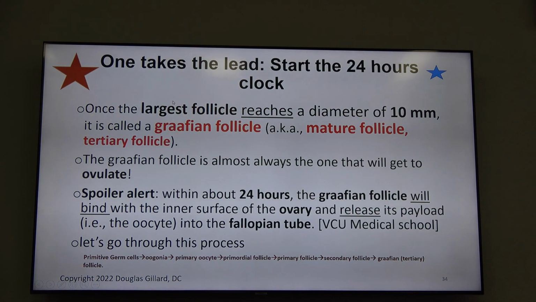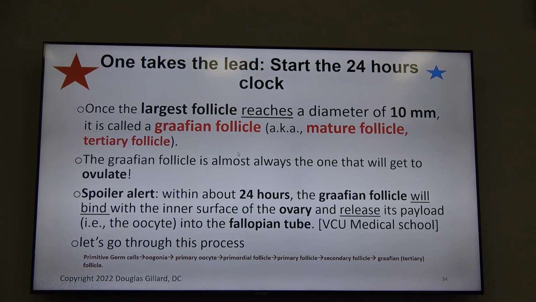Okay, and one takes the lead. Now once Usain Bolt pulls away from the pack, you can start the stopwatch. We're going to start a 24-hour clock, because within 24 hours, Usain Bolt is going to squirt right out of the ovary. It's the one that's going to ovulate, and it's going to win the game. So the largest one, once it reaches a diameter of about 10 millimeters, gets a brand new name